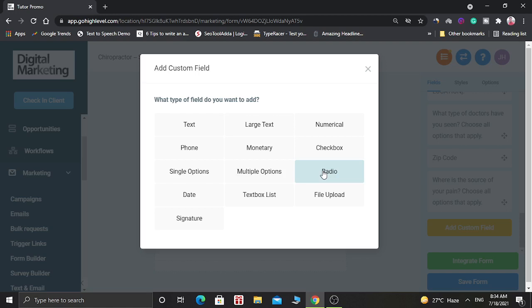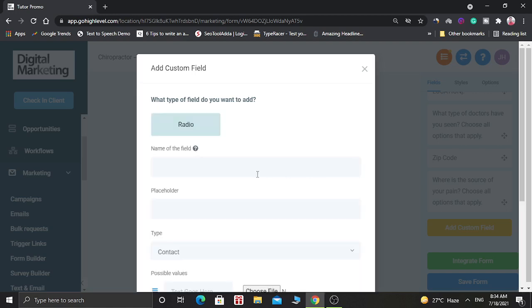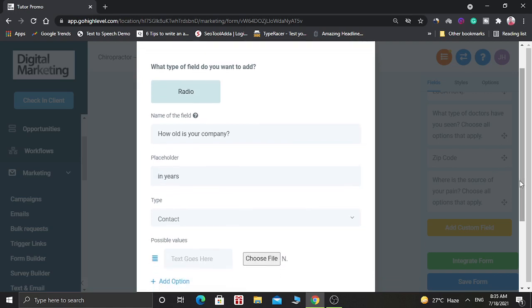So here, for example, you want to add a radio custom field, then here you have to give the name of the field. Here you can ask any question.